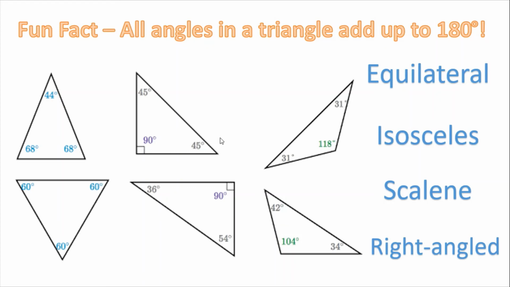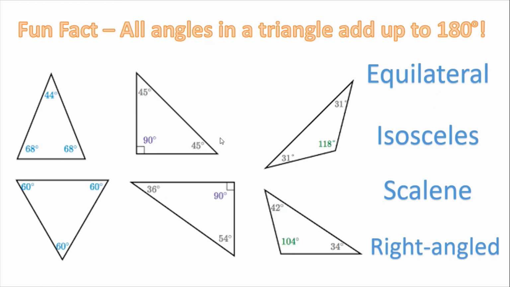So we can use this to help us work out missing angles in triangles, which we won't be doing yet. But we can also have a look at the angles in the triangles, and it can help us to work out whether they are equilateral, isosceles, scalene, or right-angled triangles. So I want you to have a look at the 6 triangles we've got here. I would like you to work out which are equilateral, which are isosceles, which are scalene, and which are right-angled